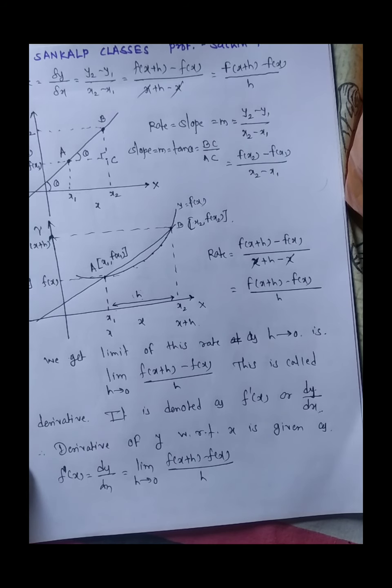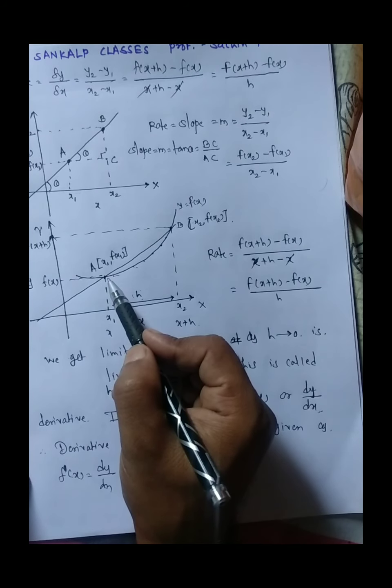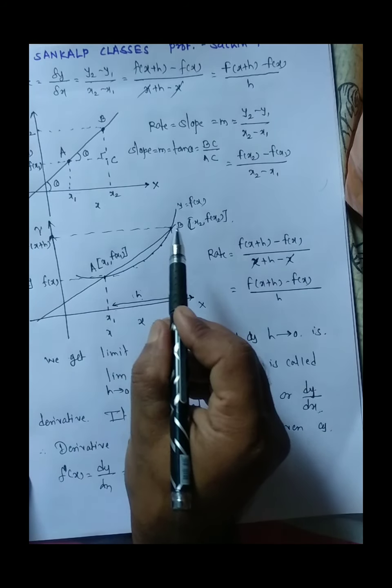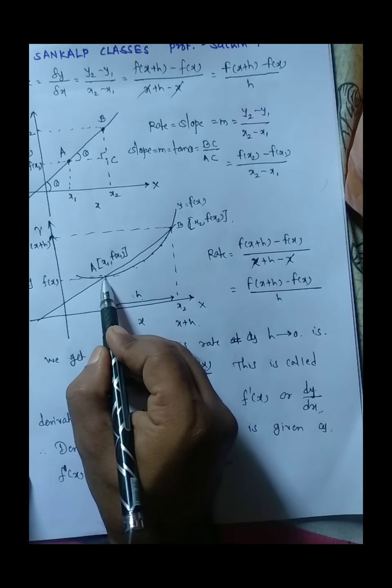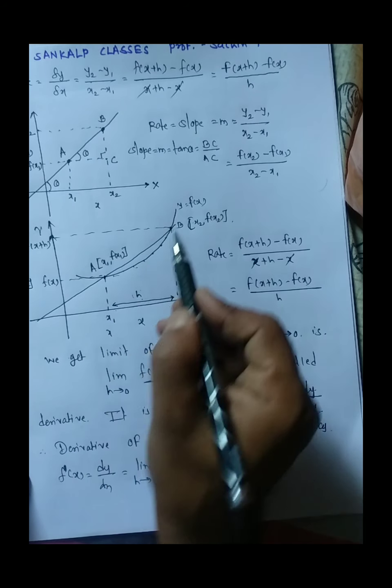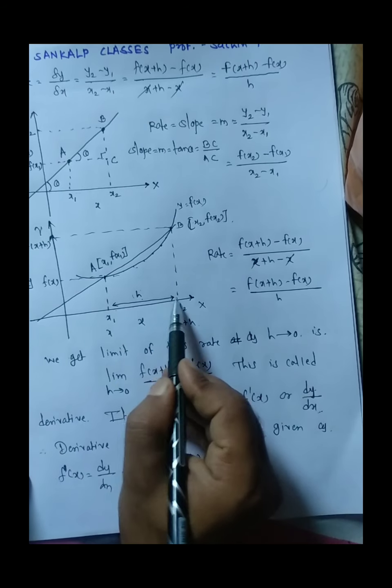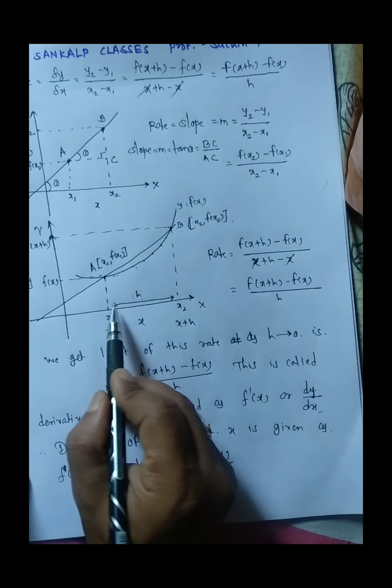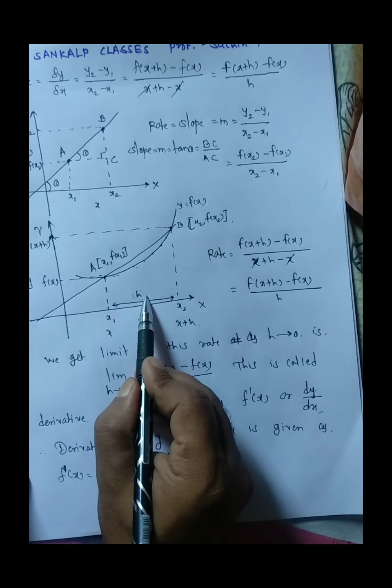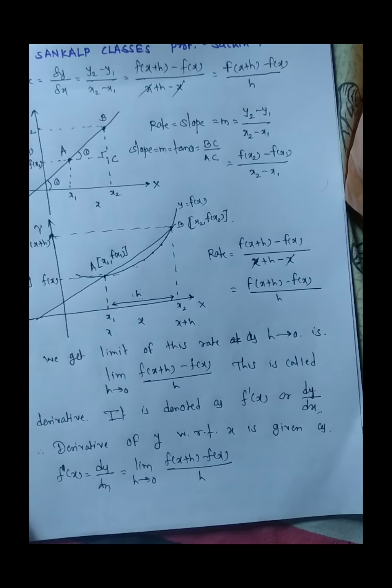You will get the derivative of y with respect to x as the limit of h tends to 0 of f of x plus h minus f of x divided by h, where h approaches 0, because the rate of change of that curved function at a particular point A is found by having point B approach A. At that time the difference between A and B approaches 0. That means h approaches 0. Okay, that's the consideration of